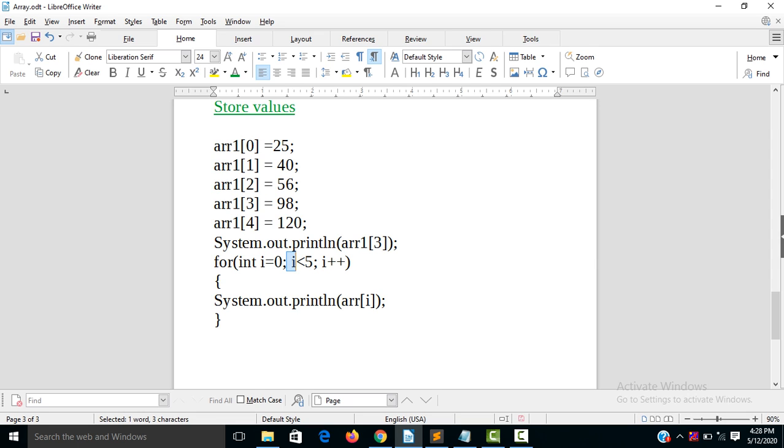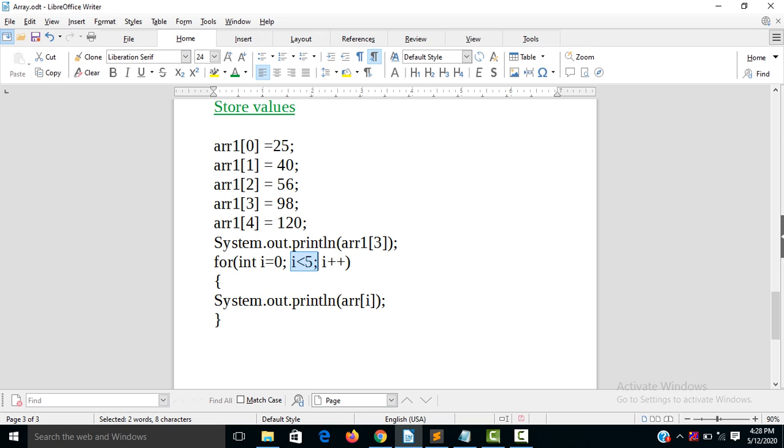So here again check the condition, 3 less than 5, yes, it's true, then it will print index 3, which is 98, and here increment will happen, 3 plus plus is 4, so i will become 4.